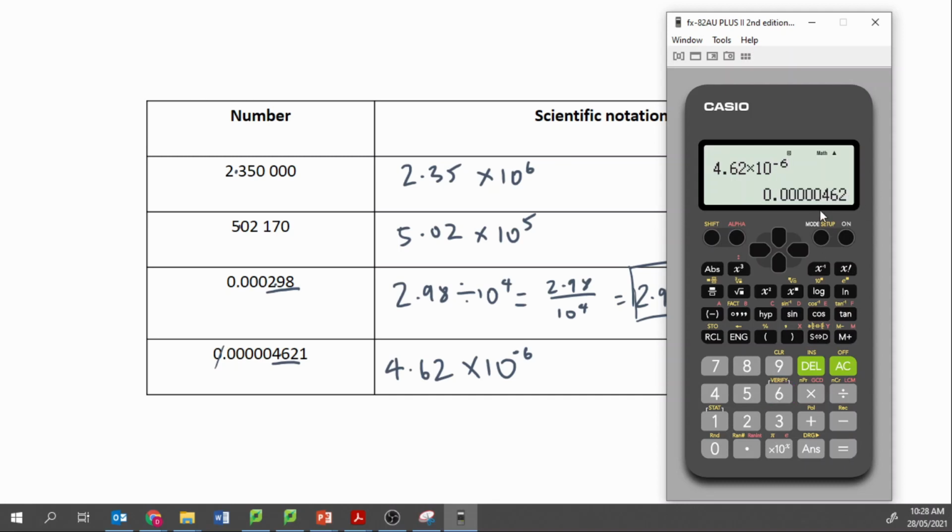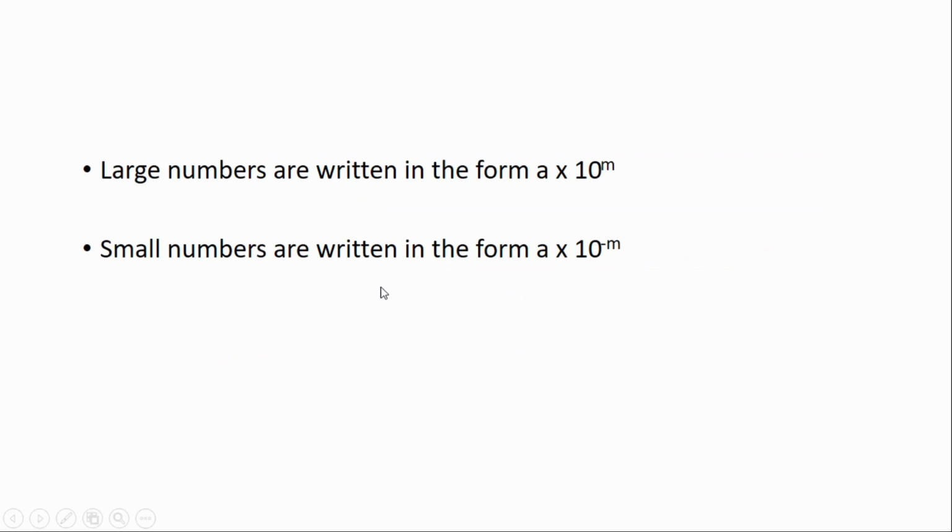And there we go, we've got the original number. Let's just double check the 0. That's 2, 4, 5 here, and 2, 4, 5 there. Perfect. Alright, so the general form of scientific notation is large numbers are written in the form a times 10